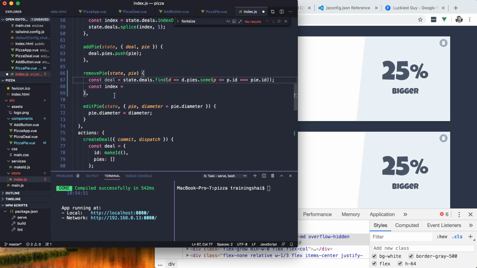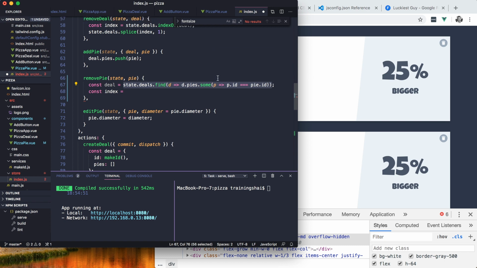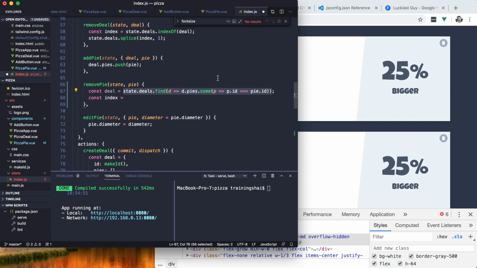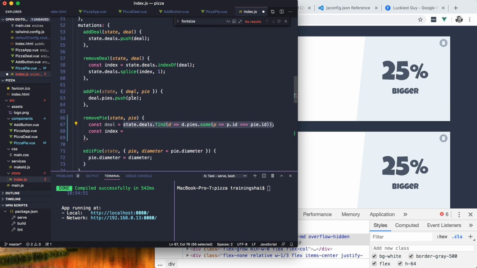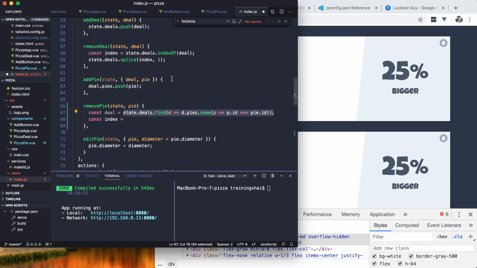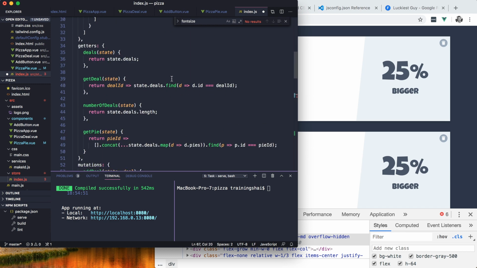Okay, that's going to get us the deal. But what I realize is that that's quite a handy kind of function, to the point that I'm probably going to extract it out. And I said at the very beginning I wanted to clean up this function here, and I think I may have found the answer, because if I take this, I'm going to take that away, and I'm going to make a getter